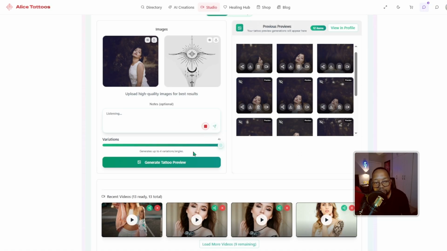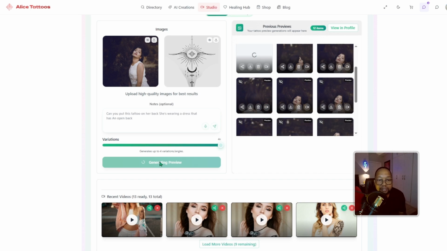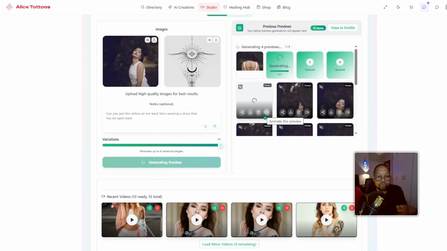Can you put this tattoo on her back? She's wearing a dress that has an open back. And let's hit generate and see what it comes up with. This is interesting because as I'm doing these videos, I'm also stress testing and seeing where the application might still need some work and what might be buggy or whatever the case might be. So let's see what, oh, you see, it opened up her back just like,